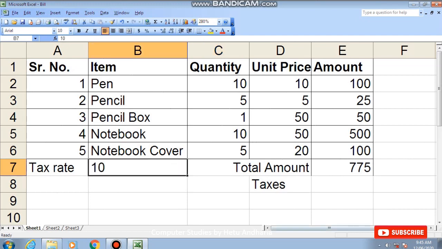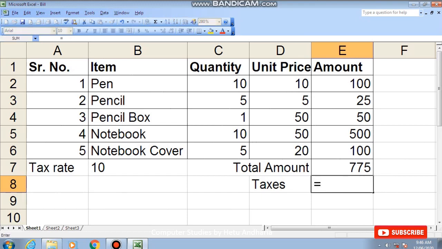The technique is this way, that you are familiar with cross multiplication. In mathematics, what do you do to find the tax? You do it this way: if the tax on rupees 100 is 5, then how much will be the tax amount on 775? So you will cross multiply. What will you cross multiply? You will multiply 775 into 5 and you will divide it by 100. So how shall we do it?